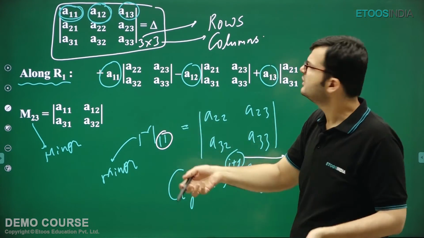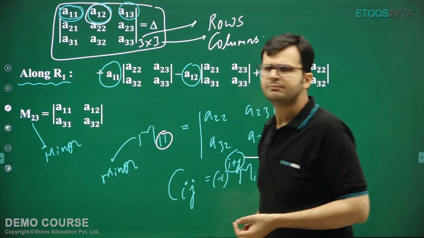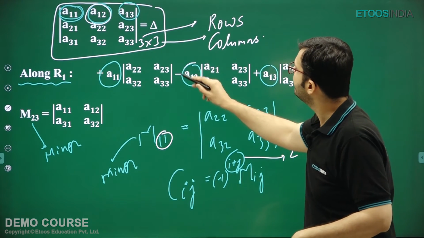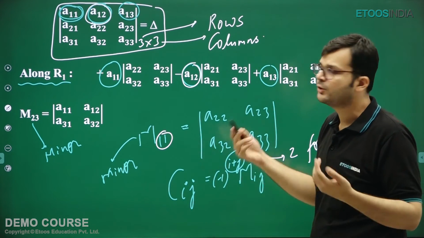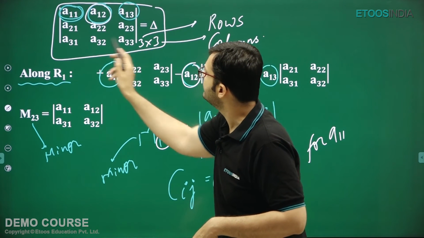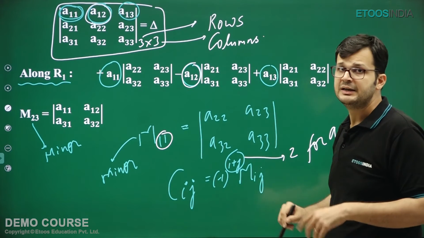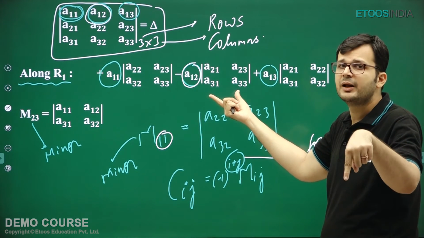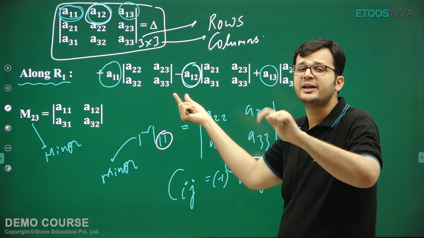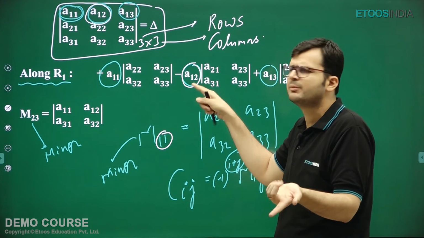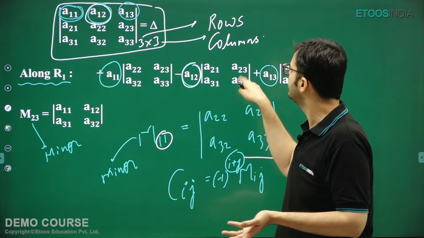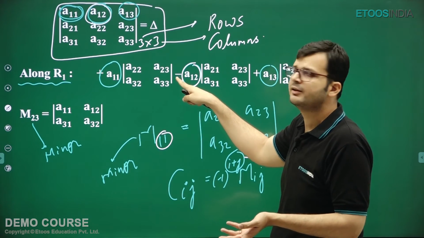Again, let us go to the next element, A12. As I told you, just take every element and multiply it by its cofactor. So A12 is being multiplied by its cofactor. What is the cofactor? Delete this column, delete this row. We are left with A21, A23, A31, A33. This is the minor, but we have to multiply by the cofactor. And for the A12 element, the cofactor is going to be the negative of the minor, because 1 plus 2 is 3, and minus 1 to the power 3 is going to be minus 1. So that's why we change the sign of the minor, which is reflected here.